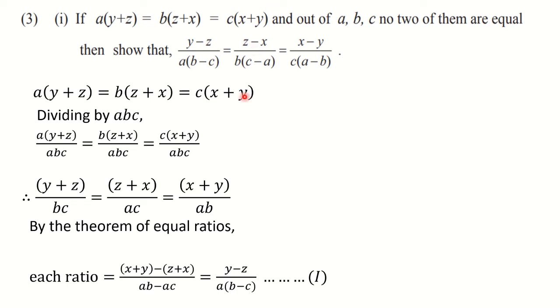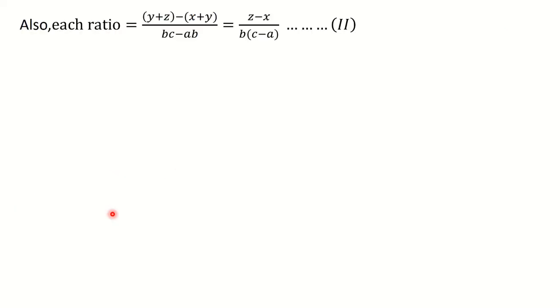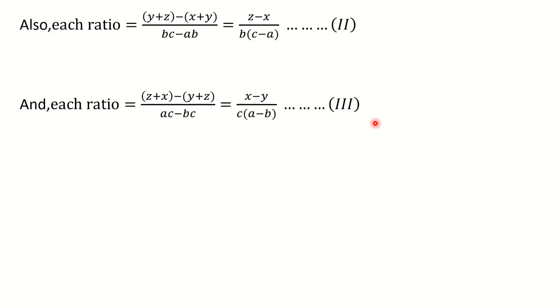Similarly, now we are going to apply the theorem for this. See, here if you expand, you will get BC minus AB. Okay, so BC minus AB, first ratio minus the second ratio, that we are going to do. BC minus AB. So (y plus z) minus (x plus y). So here you will observe that y and y will get cancelled, and here you will get z minus x, and here while writing take out b common and then write down c minus a. Number this as 2. Similarly, find the third one where we have AC minus BC.